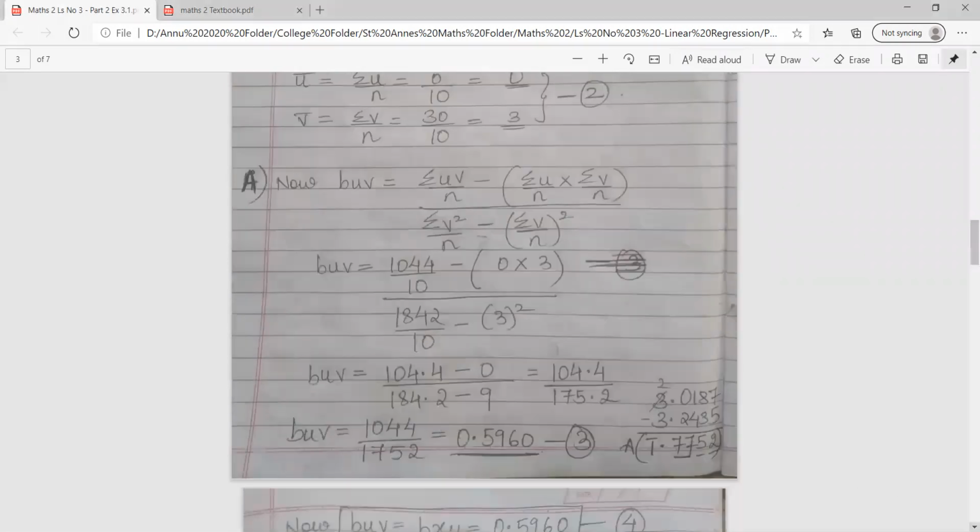Substituting the values, I get something like this, 104.4, and on subtraction of the denominator, I get 175.2. Always remove the decimal first class, so 1044 divided by 1752. Now again you have two choices class, either you divide it by normal division, like cancel it and reduce it, or the next best option is I've taught you all how to solve log. So you can opt for that.